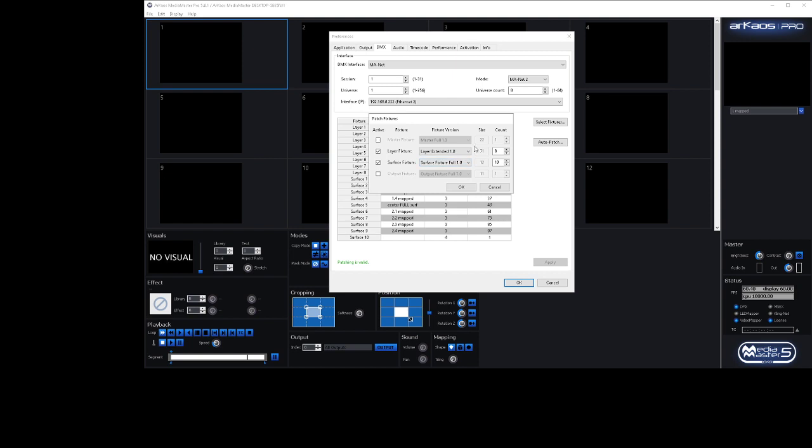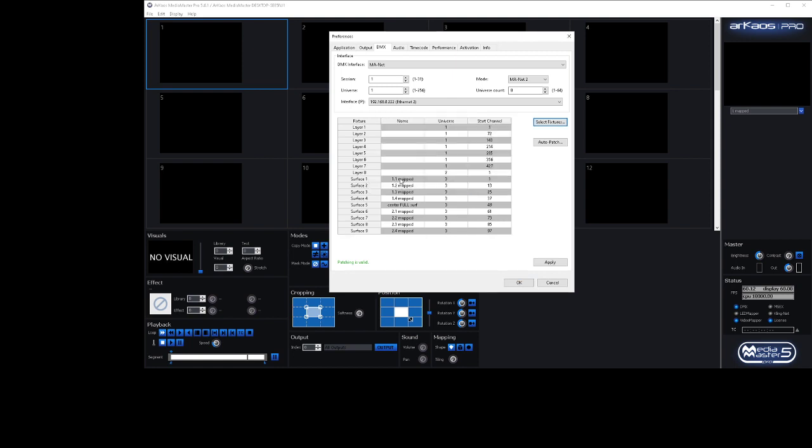These are what we're using, and then we also check surface fixtures and we say we want surface fixtures full 1.0. At the moment this is only 1, and we say we want 9 fixtures. We want 9 because these are the surfaces we only have. I made the 10th one just for testing. We say okay, and these are already patched